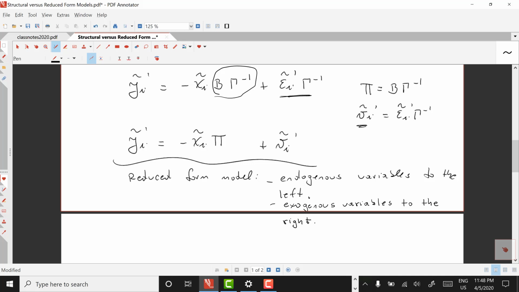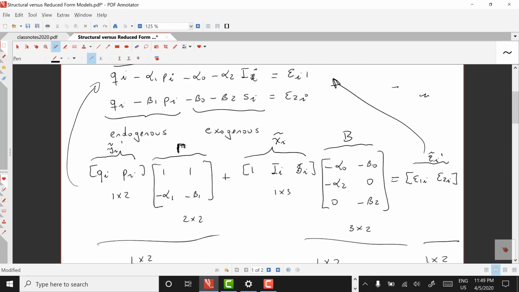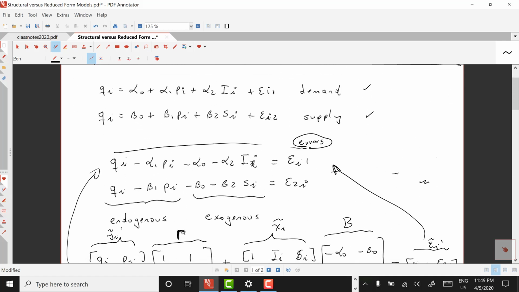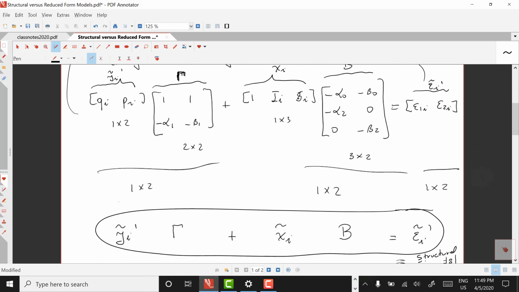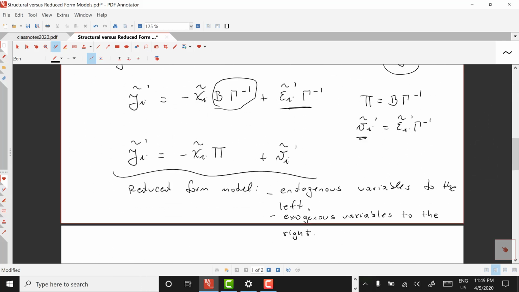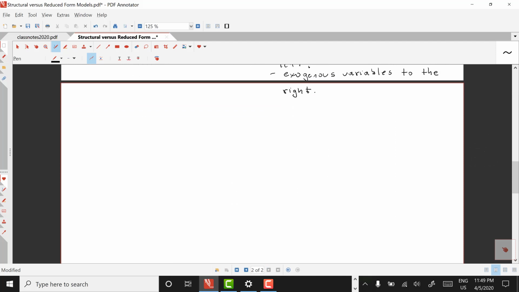And basically what we have in this reduced form model is the endogenous variables to the left and all the exogenous variables to the right. So intuitively here, what I try to do is have only endogenous variables on the left and all the exogenous variables on the right. Now that might look a little bit complicated, and in the past I used to spend a lot of time doing this. Here I only want you to get the intuition of what's going on. So basically, for our example,